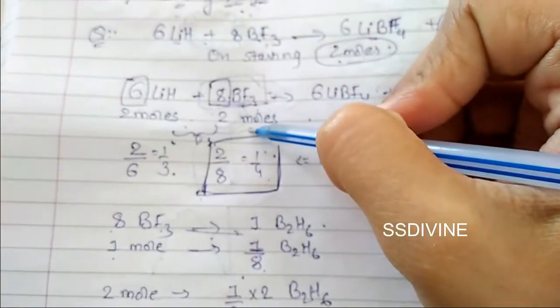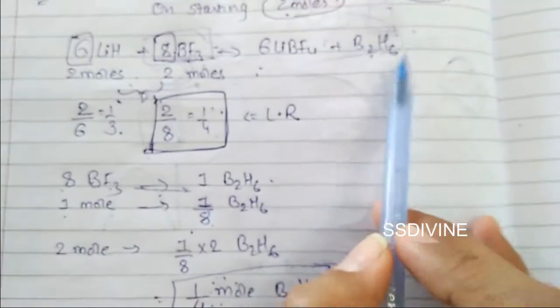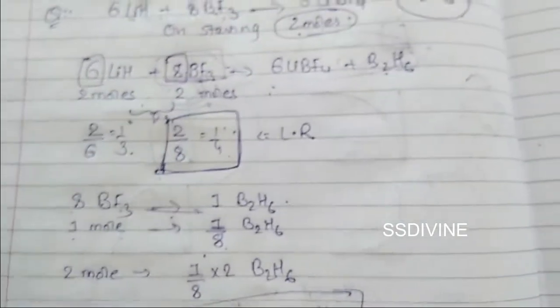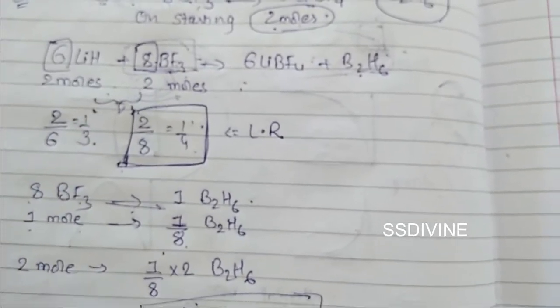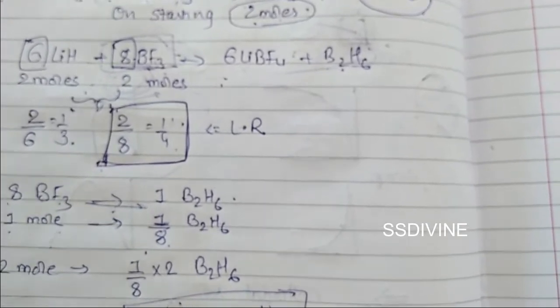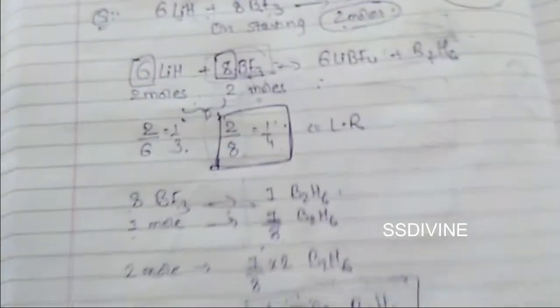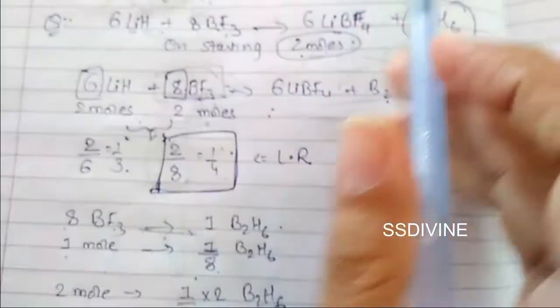What is limiting reagent, how to calculate it, and how much product will be obtained, you can calculate by this. I hope it is clear for you, right? Now, on the basis of the limiting reagent, you can find different calculations and solve different numericals. You just need to know how to calculate the limiting reagent. Now, our next topic is concentration terms.